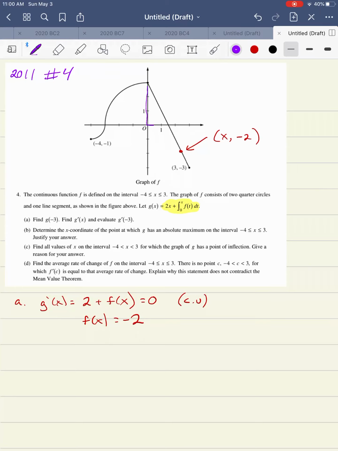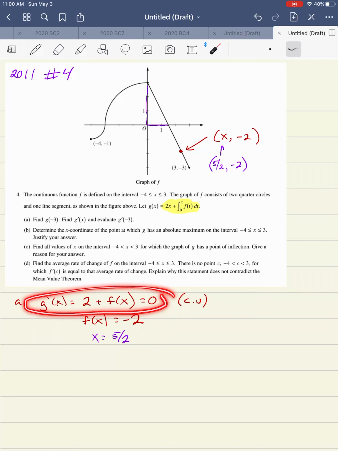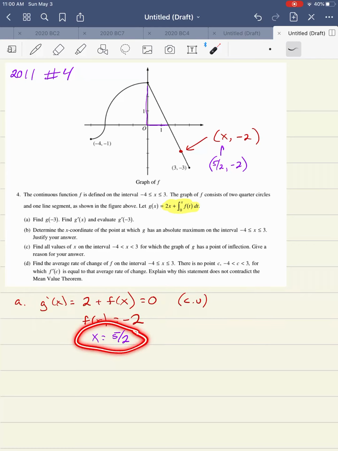You got 1 point earlier for considering this. If you wrote this down, if you set the derivative equal to 0, you got a point. You get 1 point for identifying 5/2, okay? And then your last point comes from your justification. So to justify this,